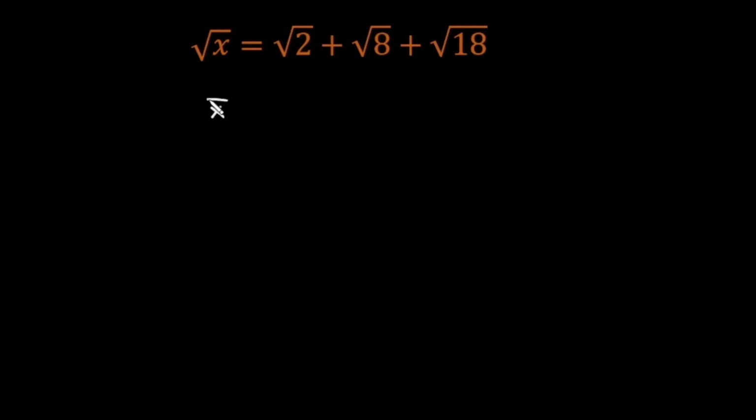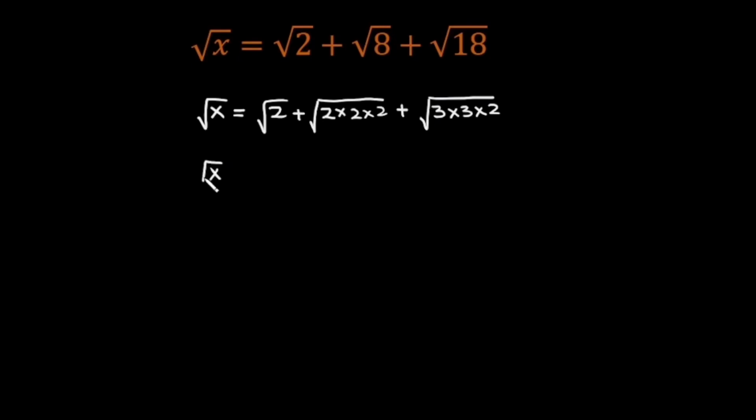So next step, √x equals, 2 is already a prime number, so this is √2, plus 8, I write 2 times 2 times 2 under root, plus 18, I write 3 times 3 times 2 under root. So this equation √x equals √2